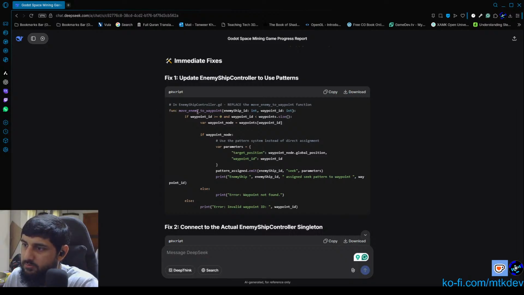So in the function move enemy to waypoint, we need to be doing the patterns. If waypoint ID is greater than 0 and the waypoint ID is less than waypoints.size, so if it's a valid waypoint ID, then get a new waypoint node by using that waypoint ID to index the waypoints array and then assign that to the waypoint node. Then if the waypoint node is not null, right, so that's what if waypoint node does in GDScript, then